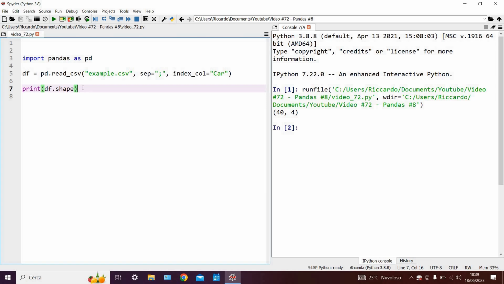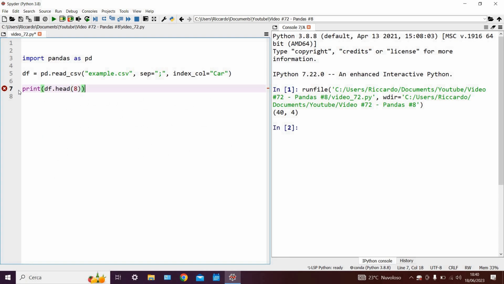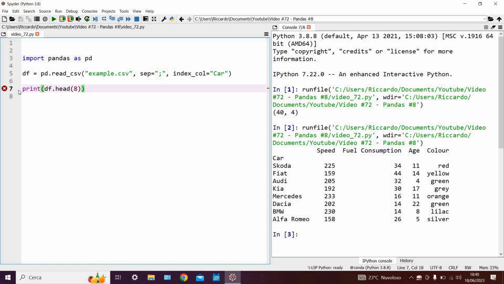Now that we know this, let's assume we want to extract the first 8 rows. We could do this using iteration along with the techniques we saw in last week's video, which by the way you can find linked above. Or alternatively, we can simply write on the left hand side print df.head of 8. And there you have it. On the right hand side you can see that we have extracted the first 8 rows of our data frame,